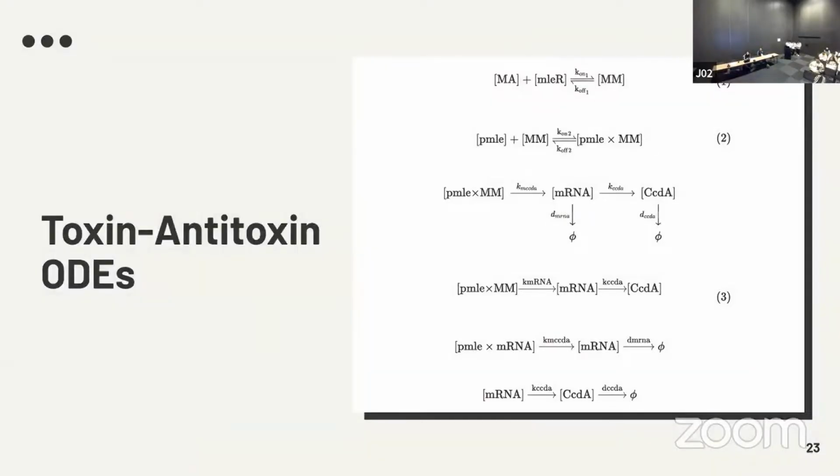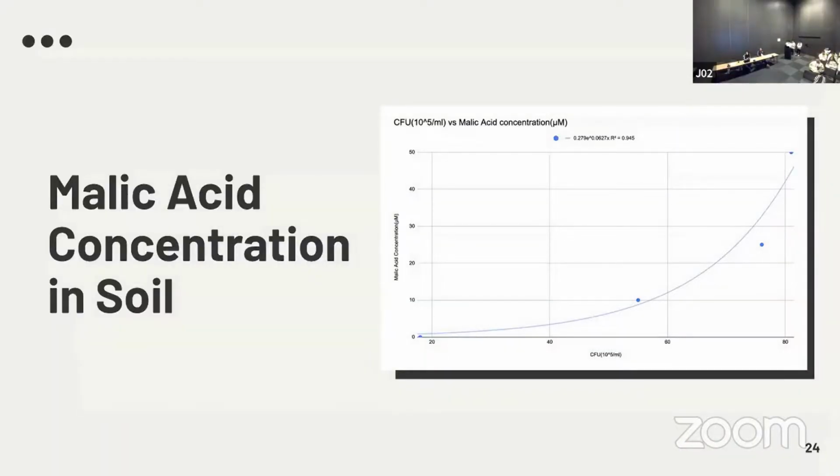In order to model the complex behavior of this construct system, we devised a kinetics-based mathematical model to ensure that the constructs generally behave as we wish them to. And as such, we had to first perform an exponential regression to estimate the malic acid concentration in the soil around the banana root, basically the concentration of malic acid in the root exudate, and we found that value to be